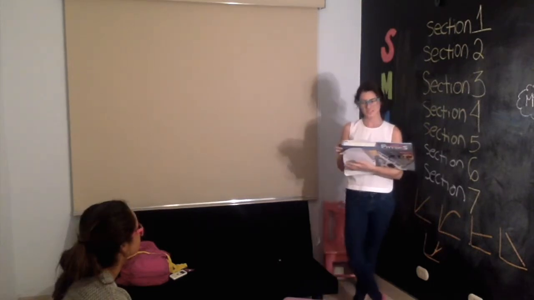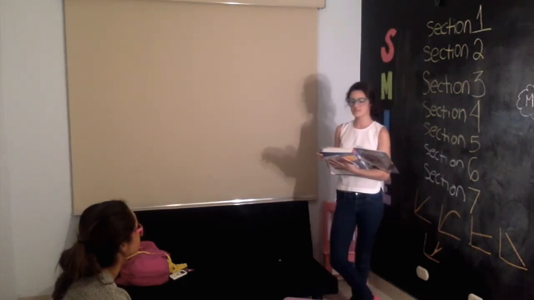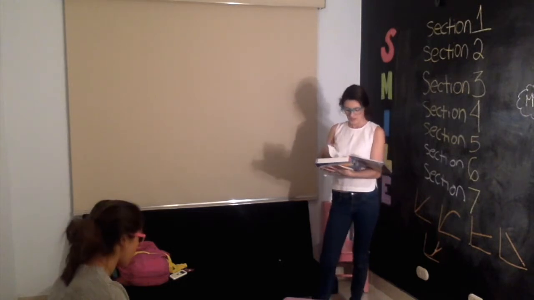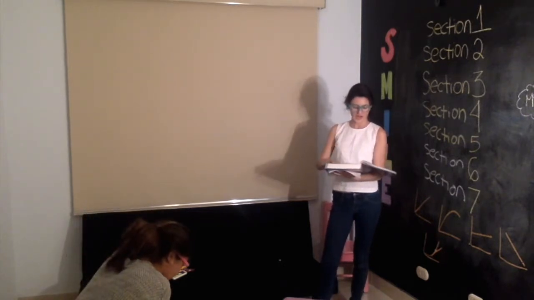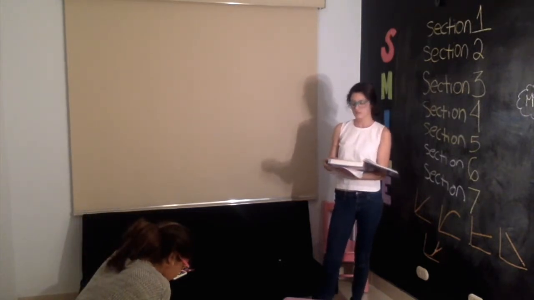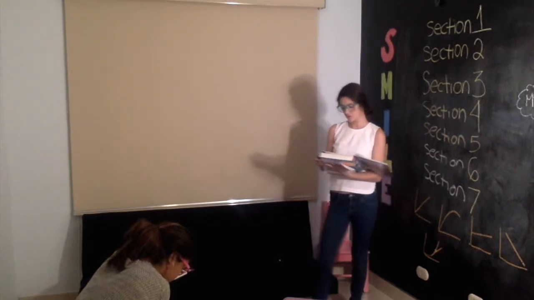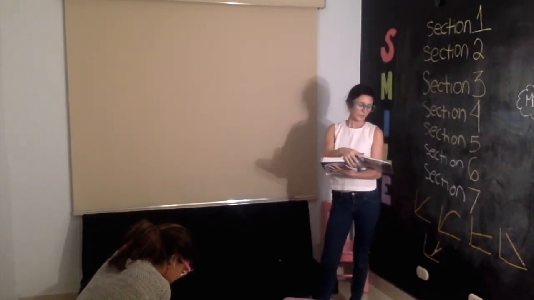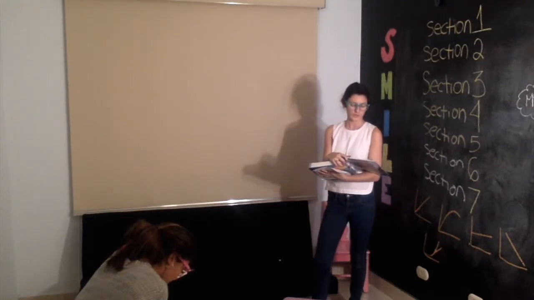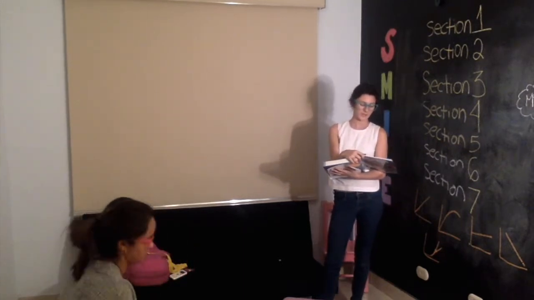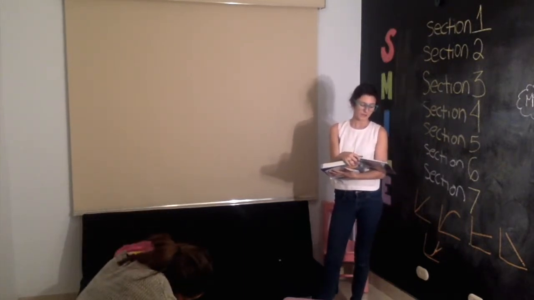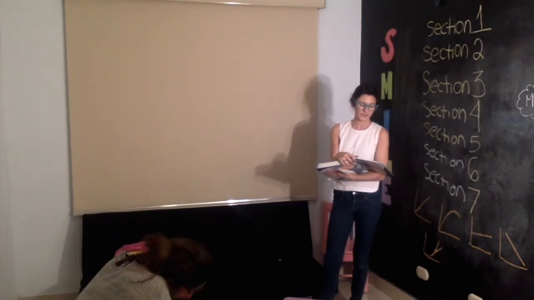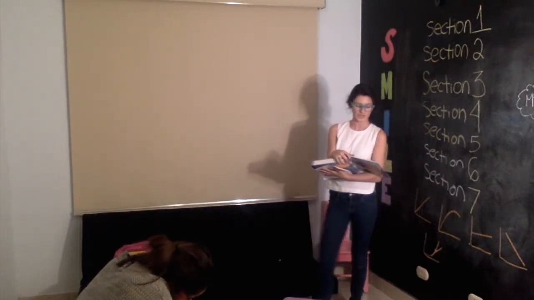Now we have the last section, which is section 7, and it's the centripetal force. This section has the physics concepts of force, which is a push or pull. We also have centripetal force, which is a force directed toward the center to keep an object in a circular path. We also have centripetal acceleration, which is a change in the direction of the velocity with respect to time.